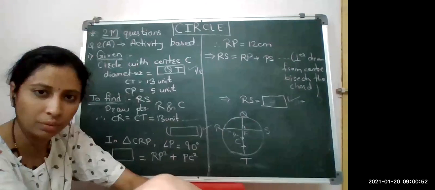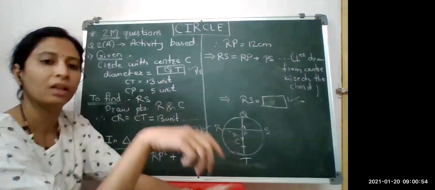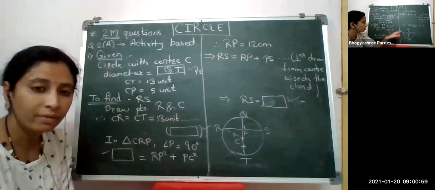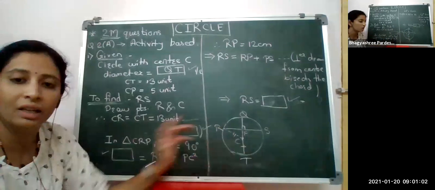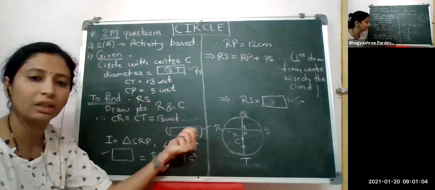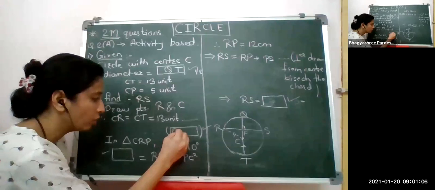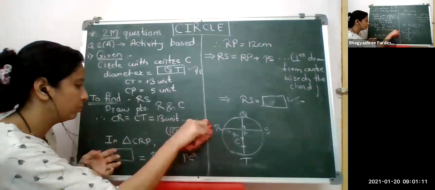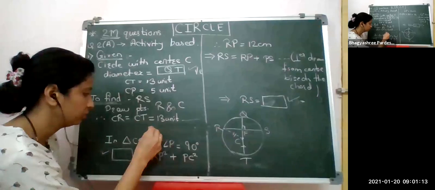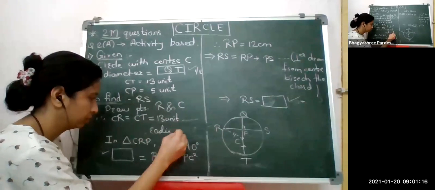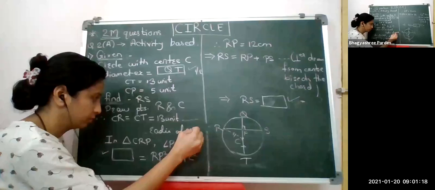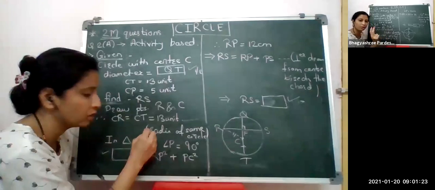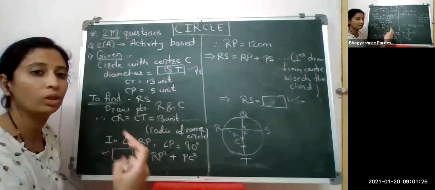Okay, no problem. Look here. CR and CT both are equal. Why are we saying equal? Because both are the radius of a circle. So what will come here? The reason is that they are the radii of the same circle. Radii of same circle. So your reason will be here. Why have we taken radii here? Because there are two radii we are taking. If you are taking more than one, we call them the radii.